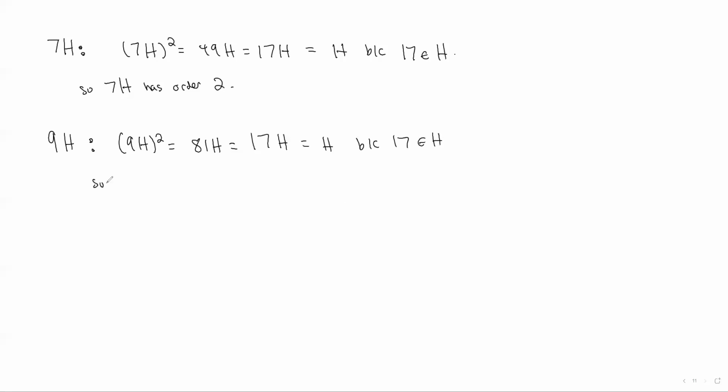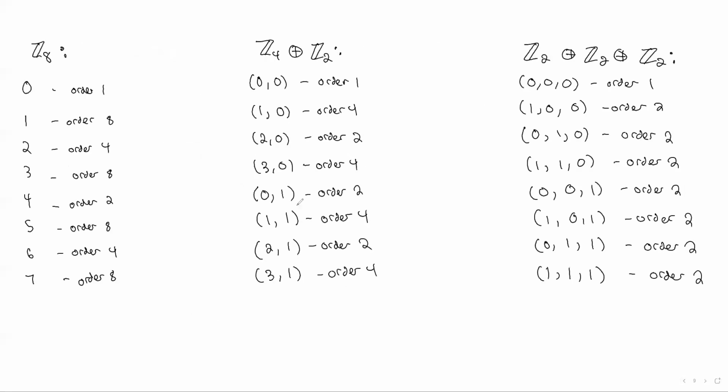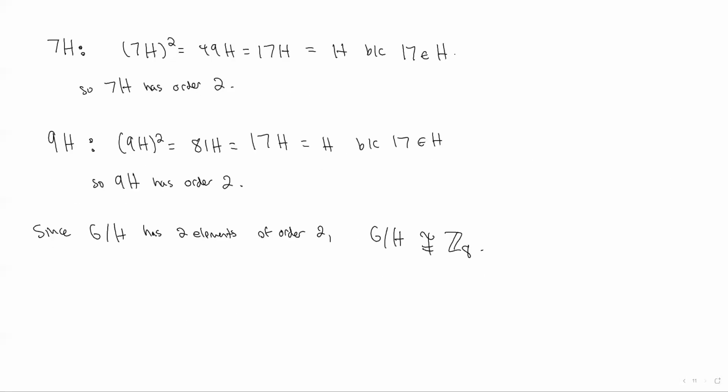So 9H has order 2, and now we found our difference. So since G mod H has 2 elements of order 2, G mod H is not isomorphic to Z8 either. Right? Because Z8 only has one element of order 2, which is 4. So we know that G mod H must be isomorphic to